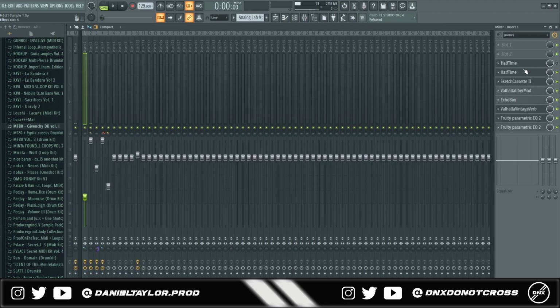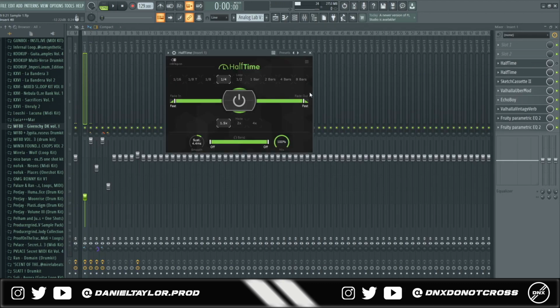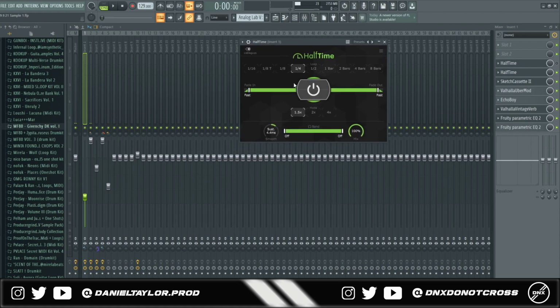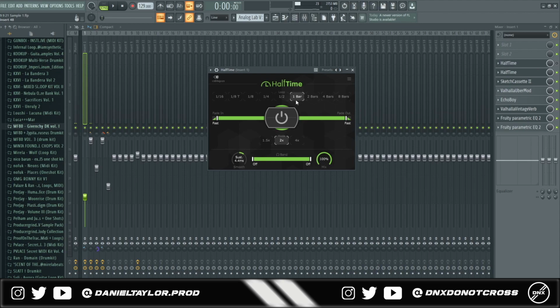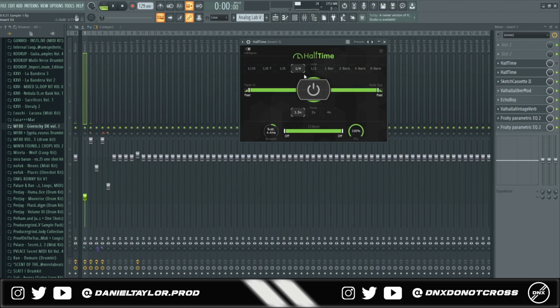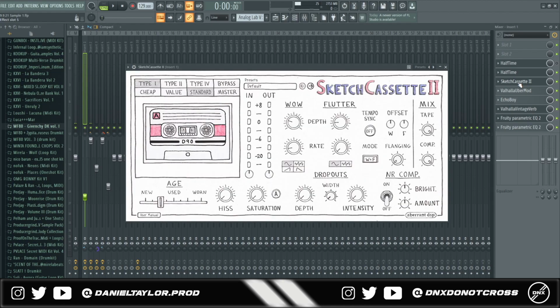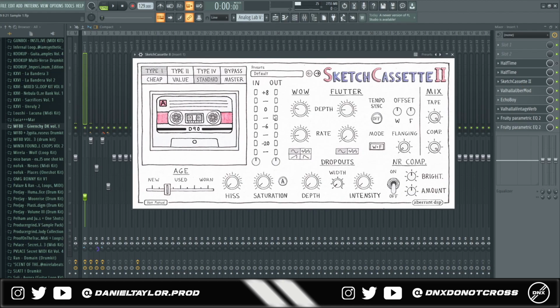Before I rendered it out, I added these effects right here. So I added halftime, and as you can see, I changed the preset. When you pull up halftime, normally it's at the 1 bar preset with the 2 times mode. So I went ahead and changed that to the quarter loop preset with the 1.5 times mode, and it just has a different feel. I added sketch cassette to add some wobble, I turned up the wow and the flutter,